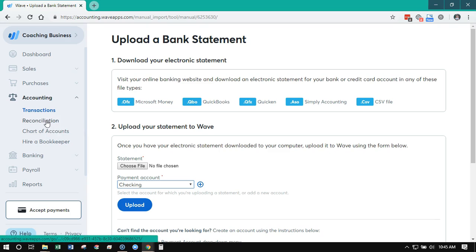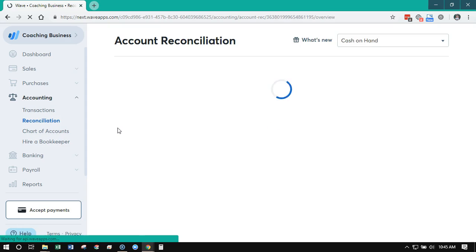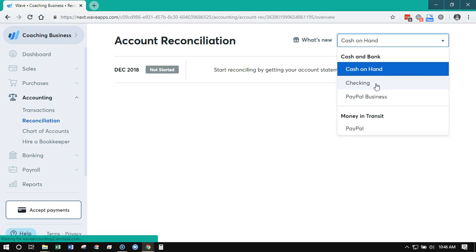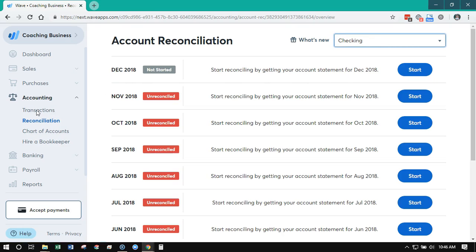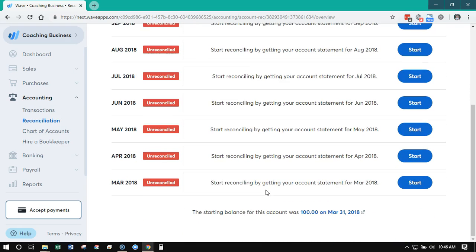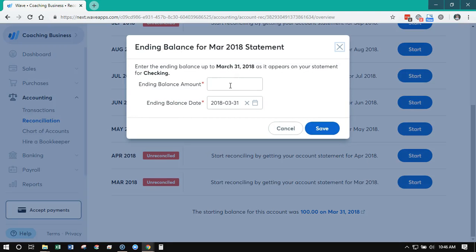Next, I do want to show you guys reconciliation. This is a new feature, and it is similar to the old verify feature, but they've just updated it in a different way. So first you want to make sure that you have gone through your transactions already and everything is taken care of. Now you sort by your bank account. So we'll say, hey, it's the checking account. And it's going to tell you, well, we have transactions starting back at March, and none of this has been reconciled. And so really what you're doing when you hit start is you're just saying, what was the ending balance on what date? So if we say, oh, it was $100, click save,